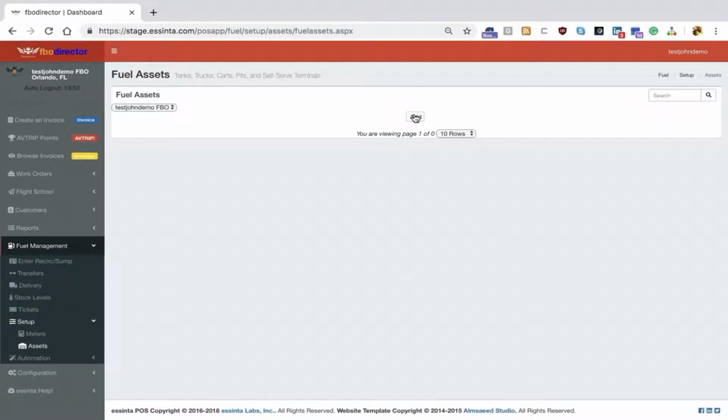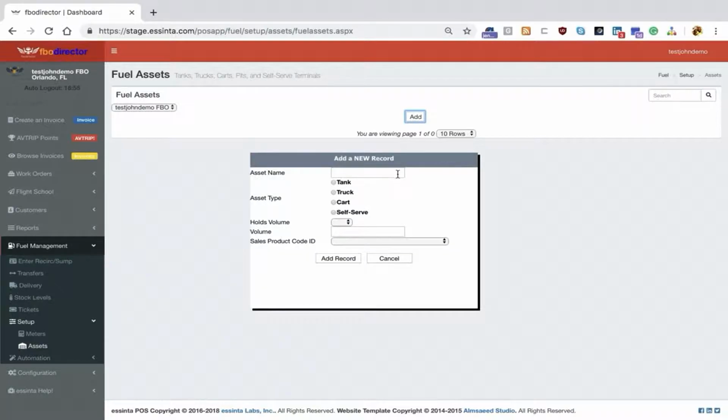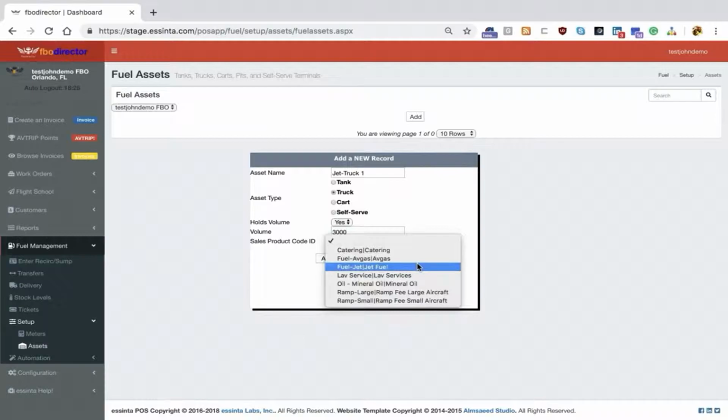Assets are the trucks, meters, and tanks that you use. I like to use a standardized nomenclature for naming things. You may or may not have something similar. You may be using the numbers that are printed on the truck or have something that you've used for a period of time. So in this case, I'm going to call mine Jet Truck 1. I'll define that as a truck. It holds volume. It's a 3,000 gallon refueler, and I need to associate that with the appropriate type of fuel